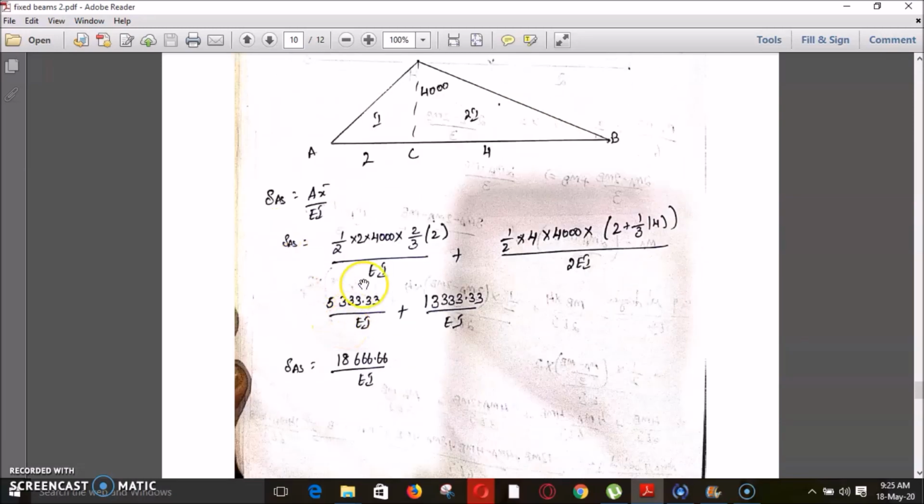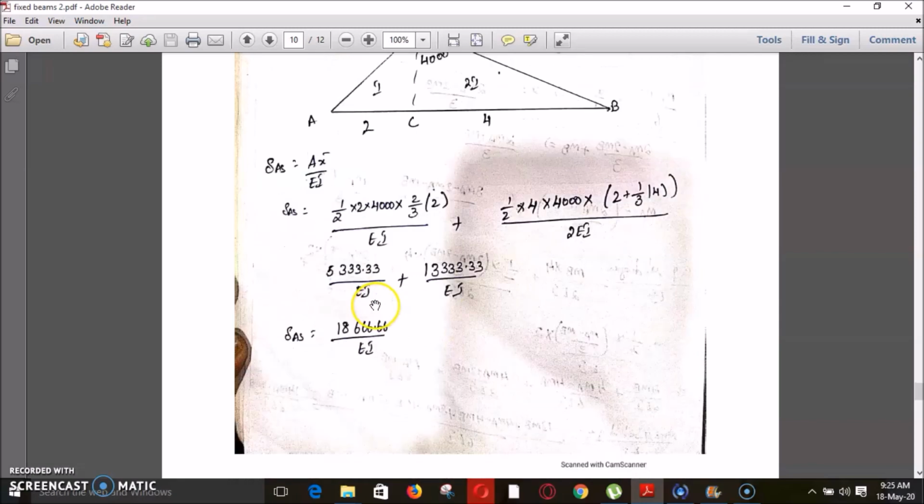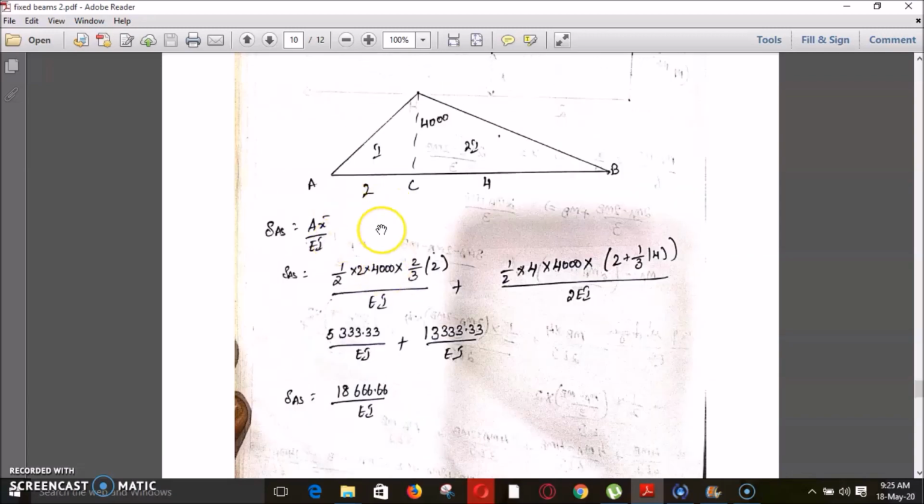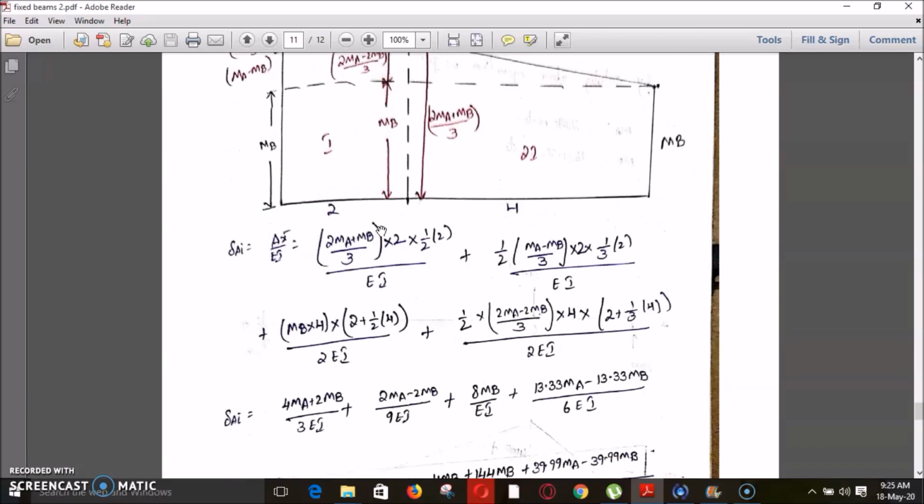Now by solving this, I got this value as 5333.33 by EI, and this value as 13333.33 by EI. By adding these, I got delta AS as 18666.66 divided by EI. This is the delta AS value. Coming to delta AI,